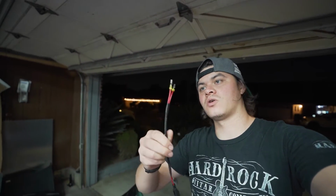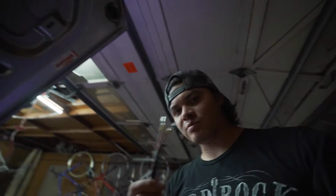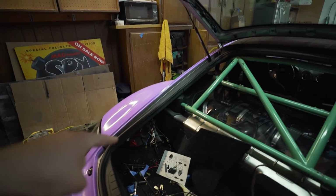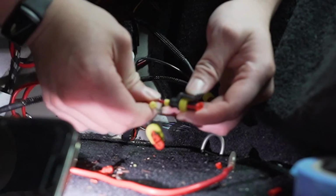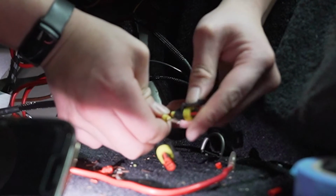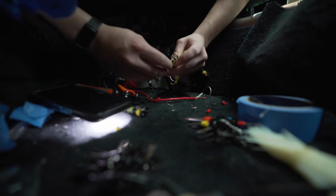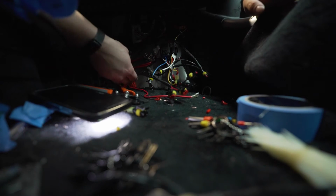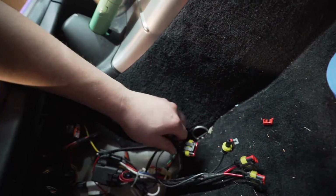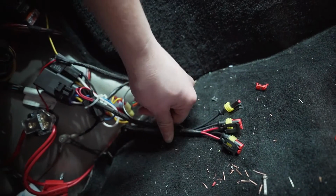So the moment of truth. I've successfully remade this little harness right here into a 16 gauge wire like I should have done initially. And now it's time to plug these two end connectors into the harness. Done. As you can see, this is going to sit underneath just like this,